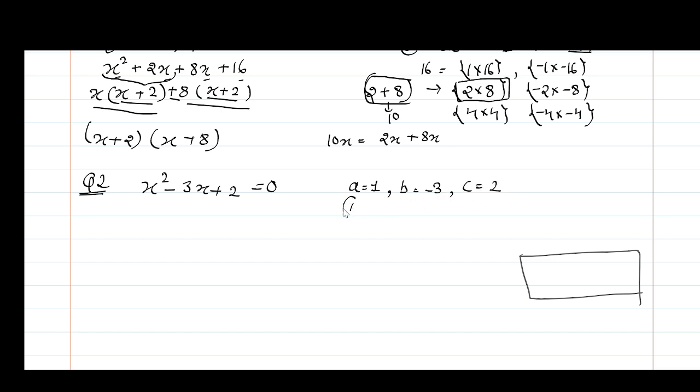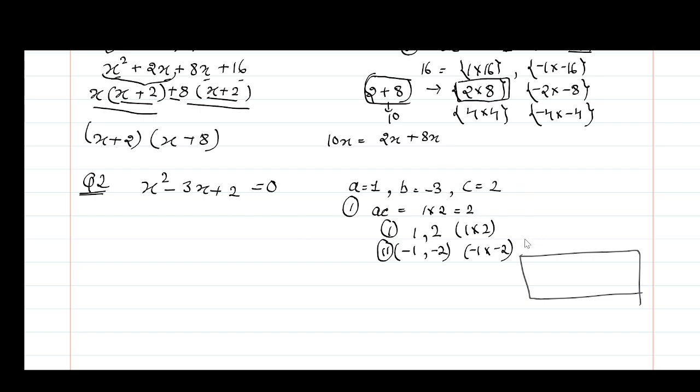So the first step is to find AC. AC is 1 times 2, that is 2, right? So 2 is a product of 1 and 2, 1 times 2, and minus 1 and minus 2, right? Because minus 1 times minus 2. Alright, but which pair out of these two